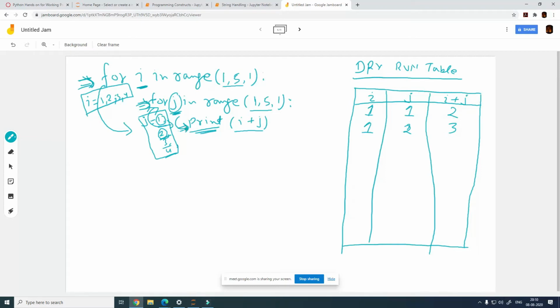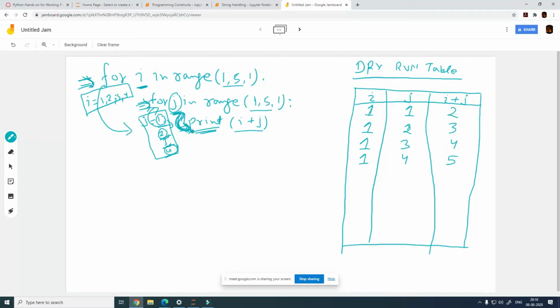Okay, after this what will happen? The control will again go back to the for loop, and the for loop is just going to look for the next value of j. So the next value of j is 3, and all this while i is not going to change. So j is equal to 3. Then after this the control will come back to print, so it will print 4. The control will go back to here and look for the next value of j. The next value of j is 4, so i continues to be 1, j will be 4, and now when the print statement prints the value of i plus j, this is going to print 5.